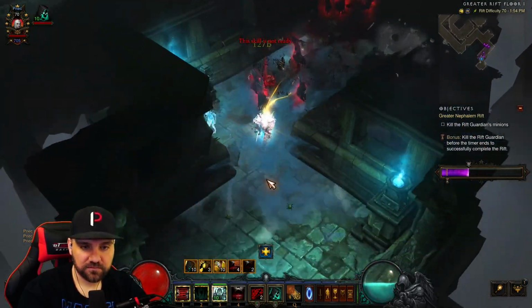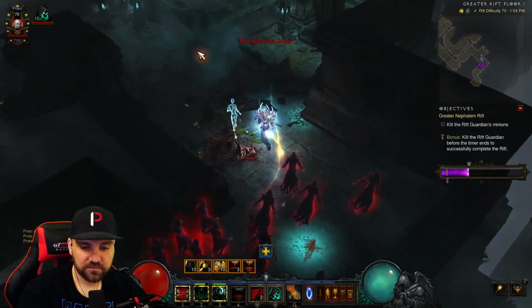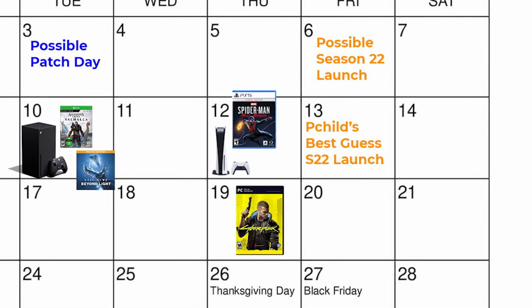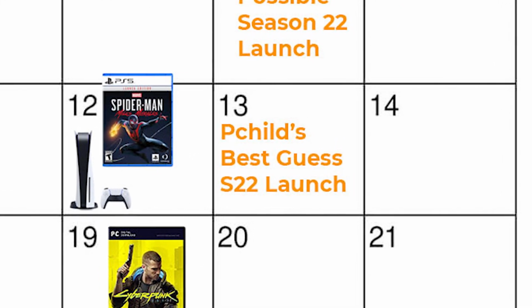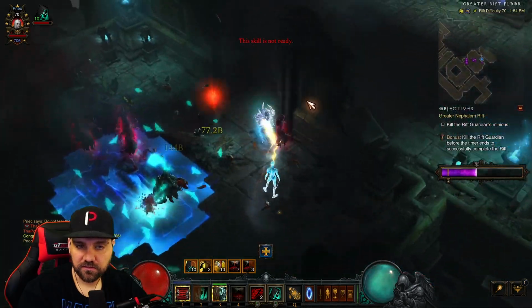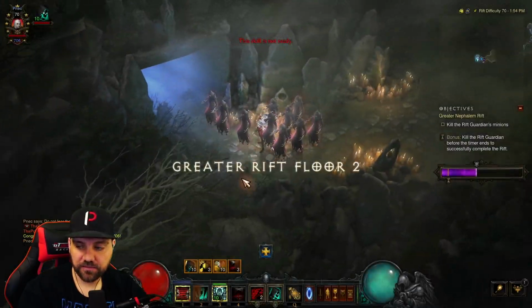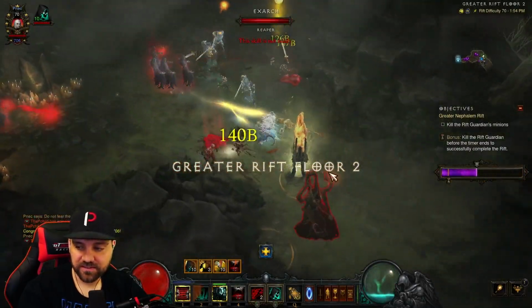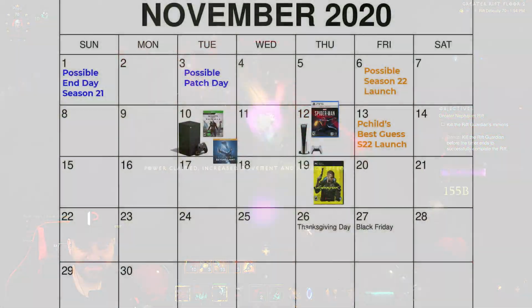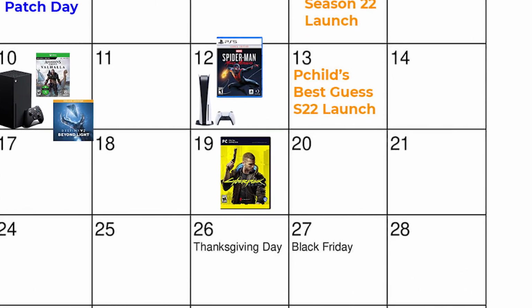We'll see when Season 22 ends up launching, but from the looks of things, I feel like November 13th is probably going to be where I'd place my money. Is that too soon? I'd love to have another round of PTR testing so we can have an amazing season, but at this point, Season 21 is dragging on for far too long, and pushing the season date back just feels really bad. If we go past the 20th, which is the day after Cyberpunk,